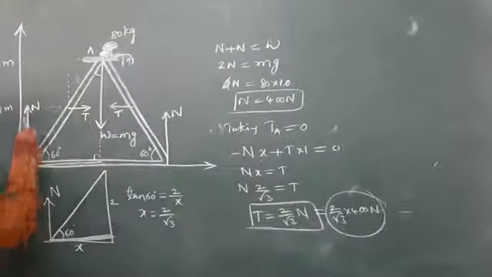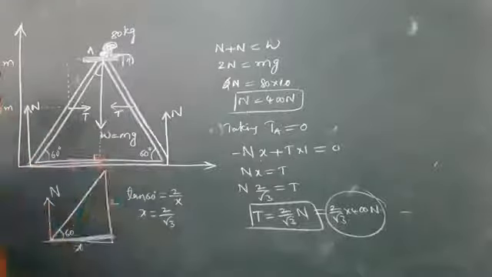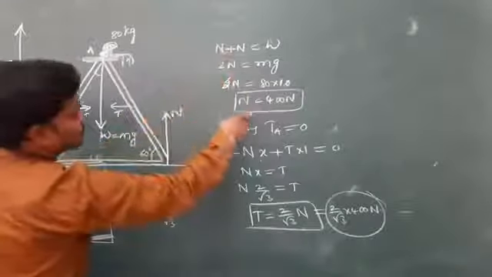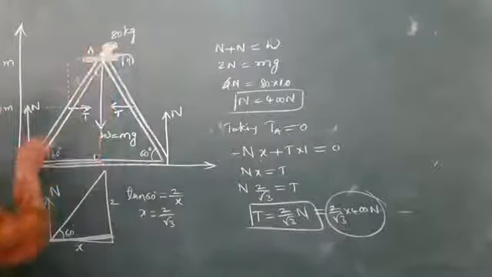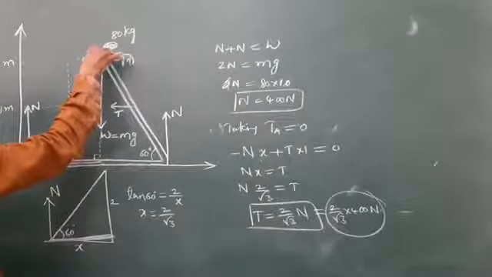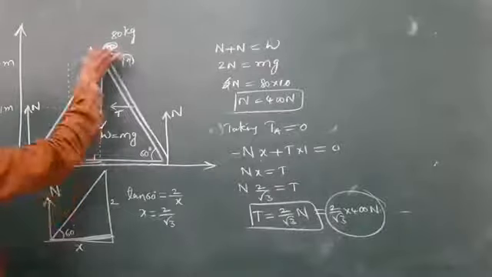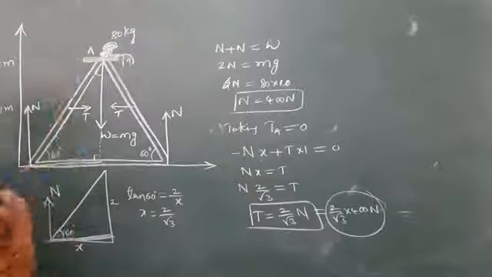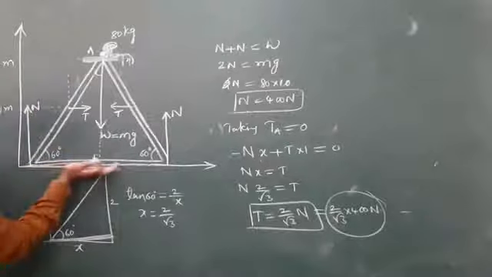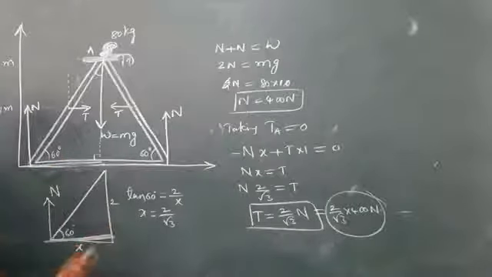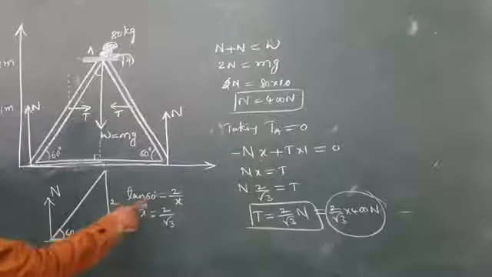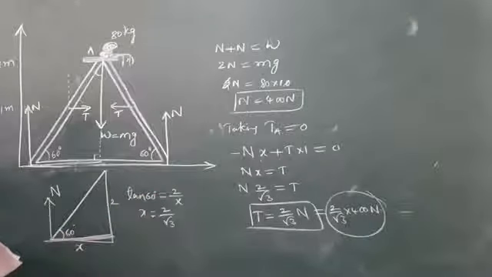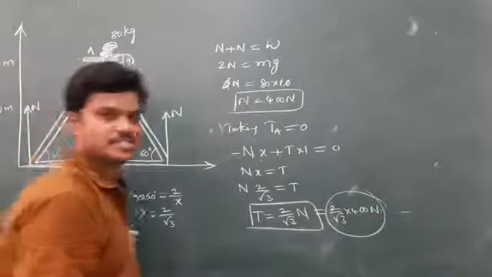So here N is acting upwards. Just balance the upward force equal to the downward force. Then let me take torque about this point. Due to this force, there is a torque here. I am taking only this left side. So N is at distance X, which I got earlier. Tan 60 is root 3, so root 3 equals 2 by X. Yes, it's correct. Check the calculations. So finally I got 2 by root 3 times 400 newtons.